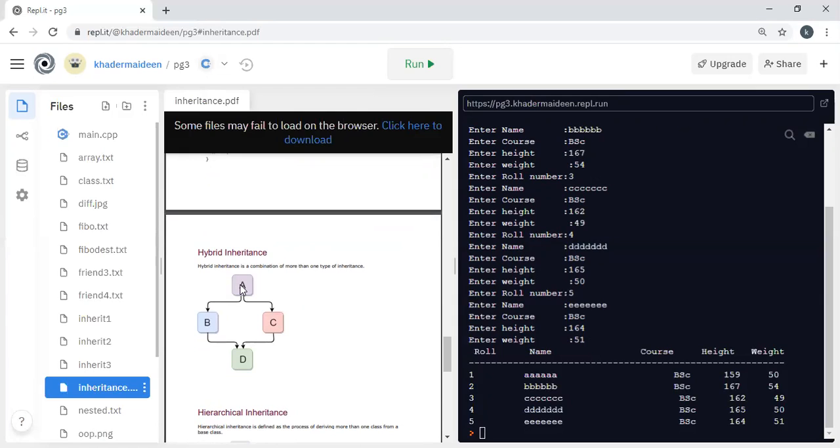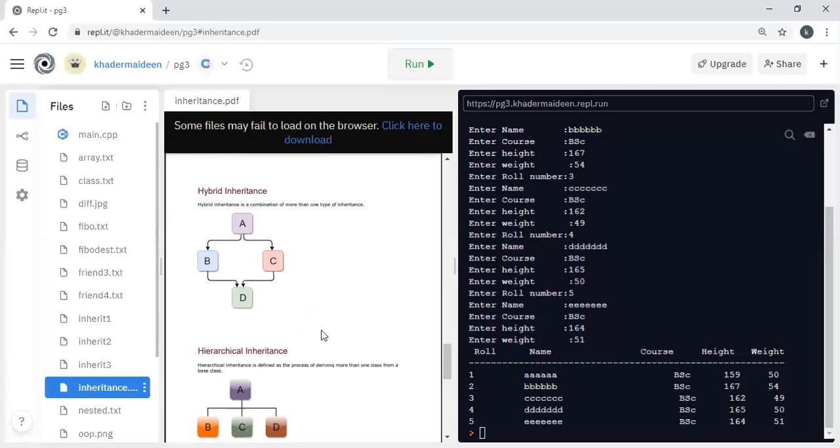Here A is the base class, B and C are derived classes whose parent is A, and D is a derived class whose parents are B and C. So this concept is called inheritance, and you can write various programs, examples, and explain each inheritance.